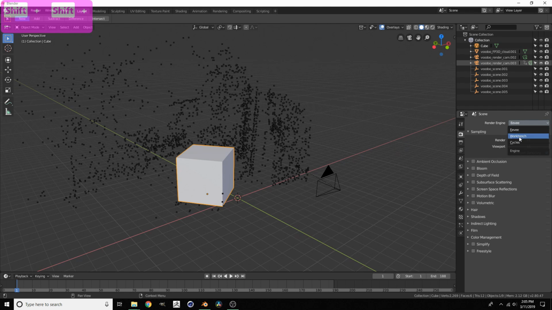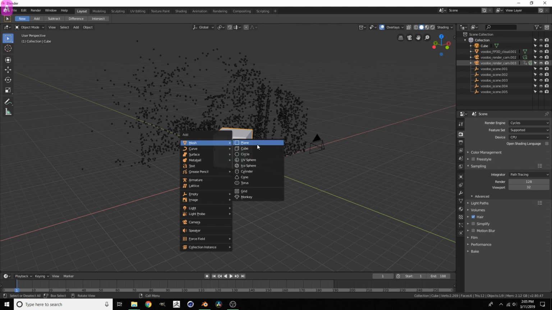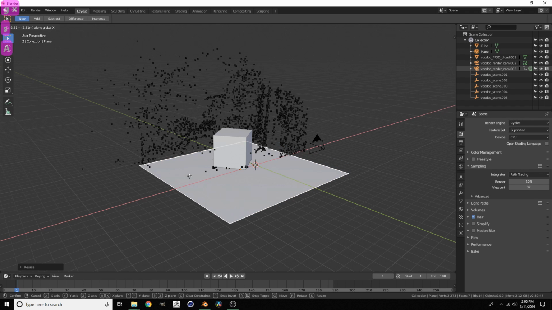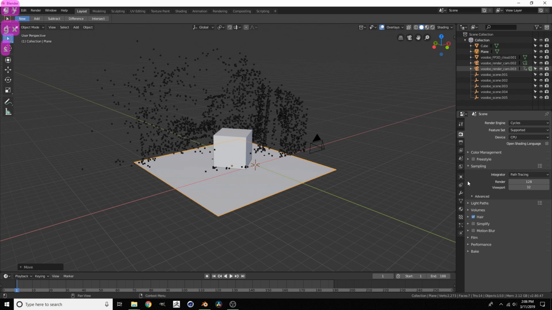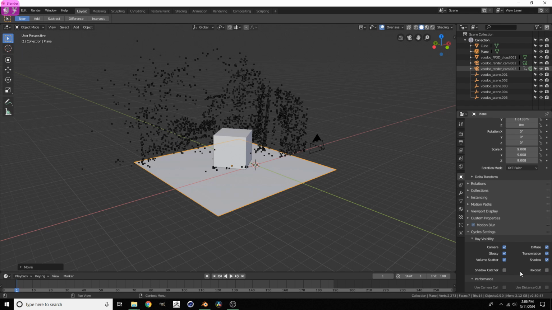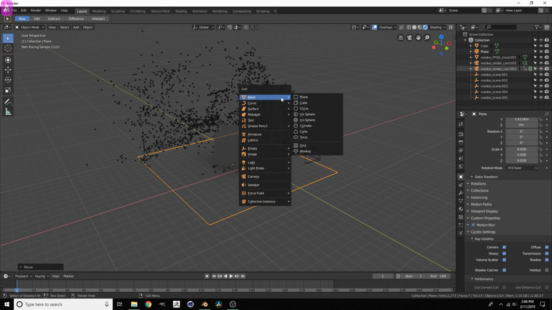Change this to cycles. We can add a shadow plane, so Shift A, Mesh, Plane, scale that up a lot. I'm just going to move it so it's more centered to the cube. And then when we go to this object, cycle settings, we can turn this into a shadow catcher. So now it's a shadow catcher. We can go into rendered view, add a light